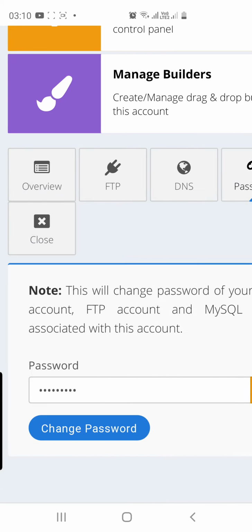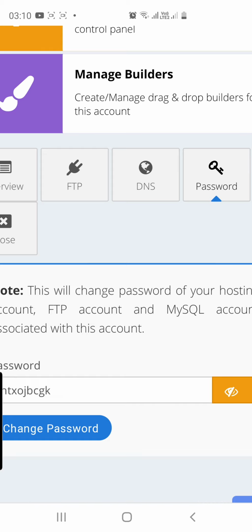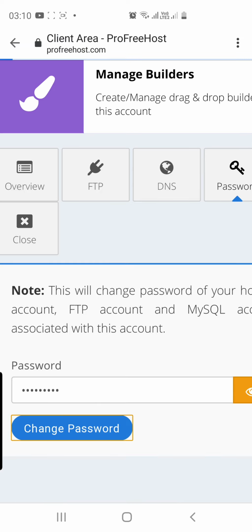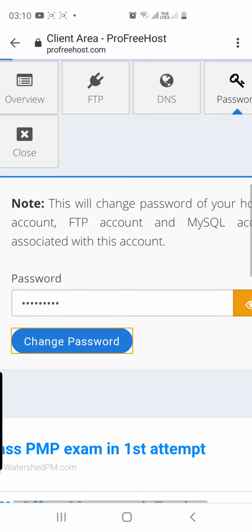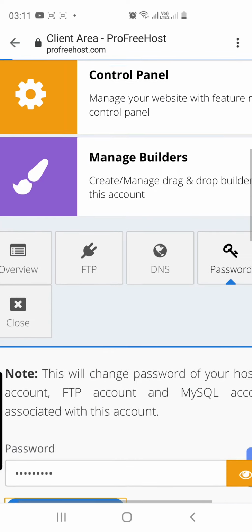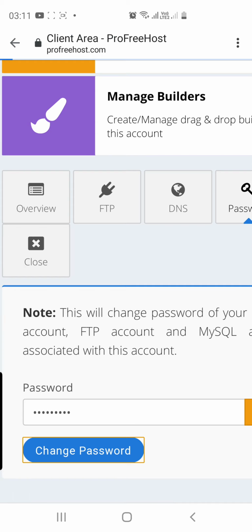Let's say, as I just showed you, and you can see right now, this is the password, but you can always change your password. For example, if I want to change the password, I can do it multiple times. Since I have shown you the password, I would like to change it, so I can click on the change password option. It will ask you to put the details again, so let me click it again. It's taking a while. And pretty much you can put any password you want, and that's it, your password will be changed. So these are the basic things. It's taking a while, so I will go to the other option.